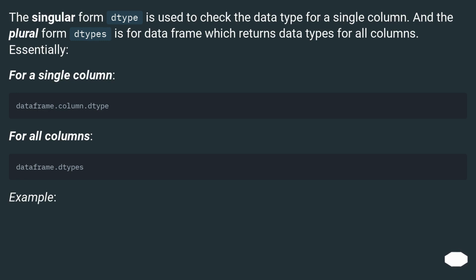The singular form dtype is used to check the data type for a single column, and the plural form dtypes is for data frame, which returns data types for all columns. Essentially, dtype is for a single column, dtypes is for all columns. Example: